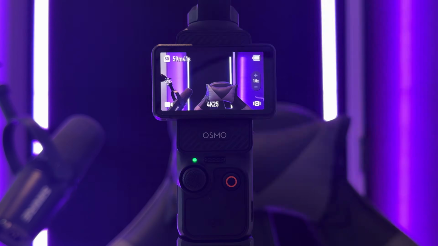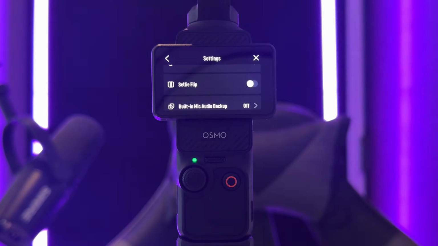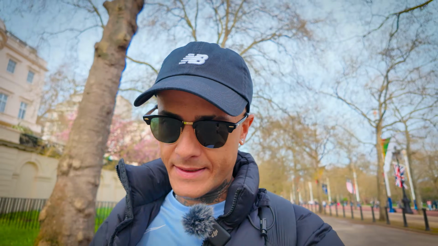When you're going through the settings, you'll see that there is a setting, selfie flip. And when I first got the Pocket 3, I thought, fantastic, let's turn selfie flip on, because actually I prefer the look of it, because it is how you look when you look at yourself in a mirror. Little did I realise that actually it would throw all of you off, and it did. I shot my first video with selfie flip mode turned on, and well, the response was a little bit